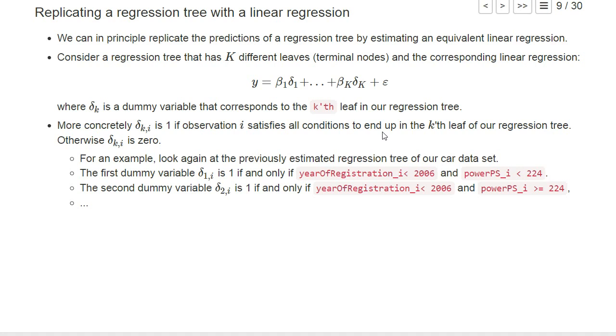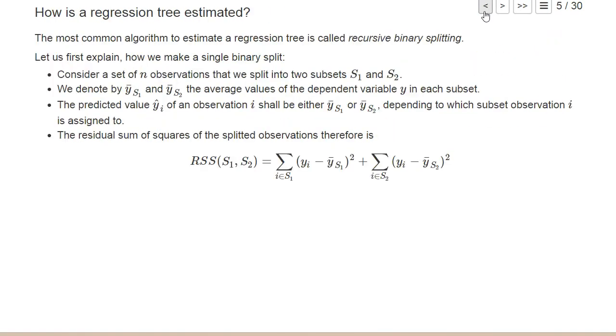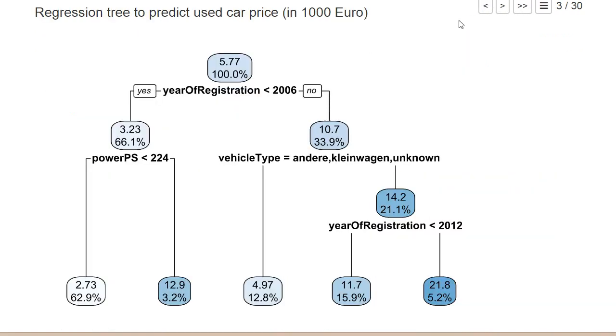Once we have estimated a regression tree, we could in principle replicate the estimation, or get a model that makes the same prediction, by running a normal linear regression where we have explanatory variables which are dummy variables that correspond basically to the final leaves of our regression tree. So for example, if we look at our tree here,